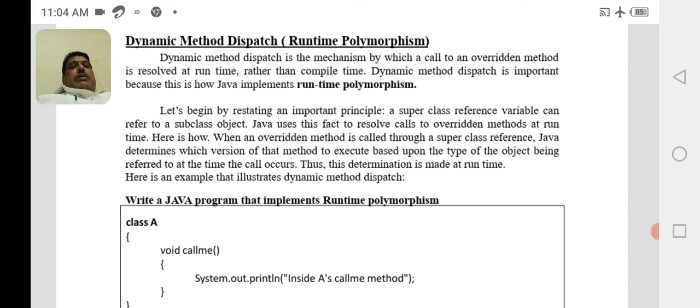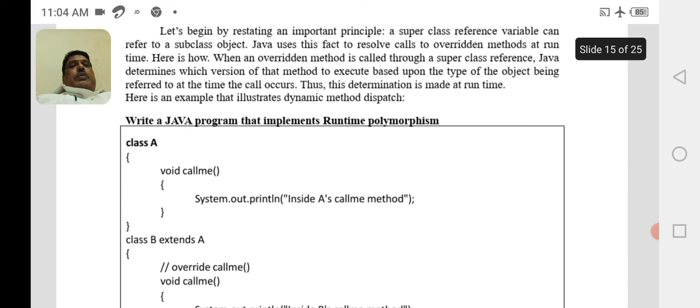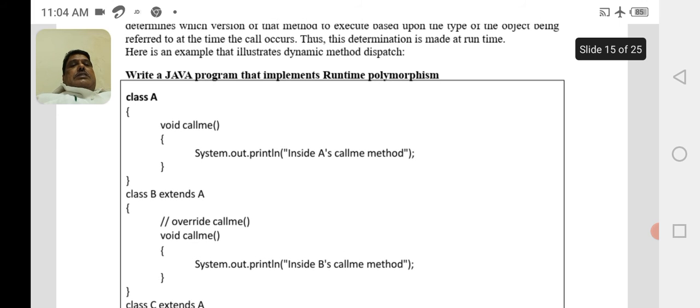Suppose we have a superclass and subclasses with the same name methods. The superclass method is hidden by the subclass method, so when we call with the object reference variable of the subclass, only the subclass method will be called.